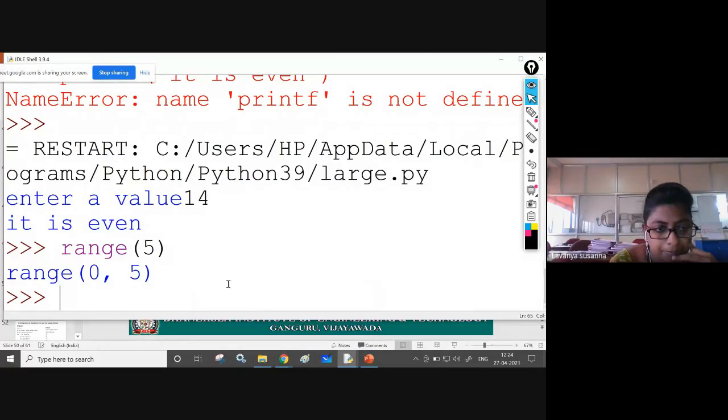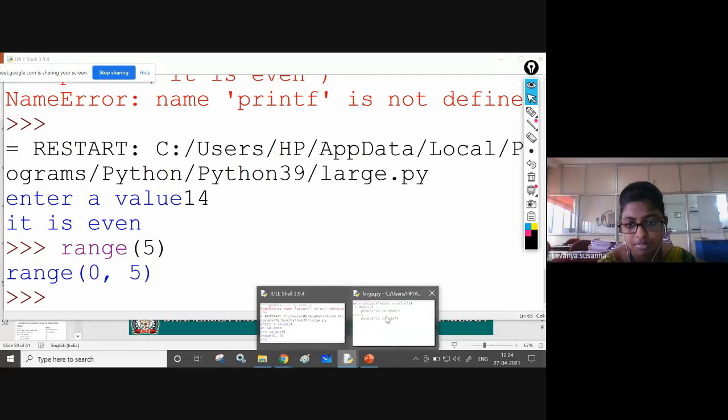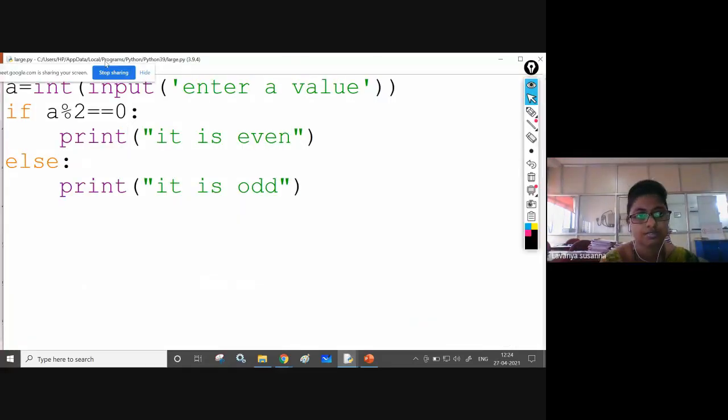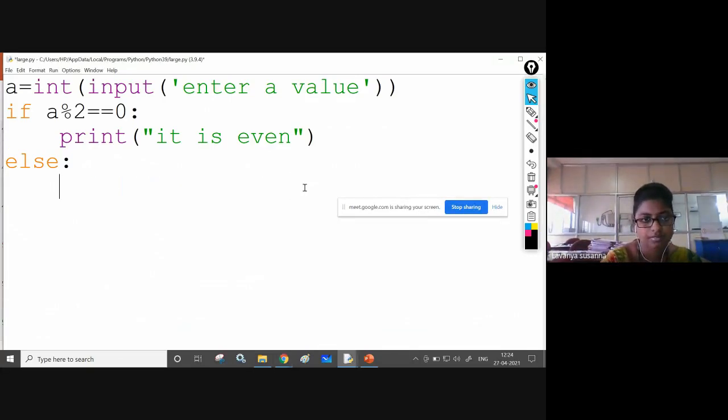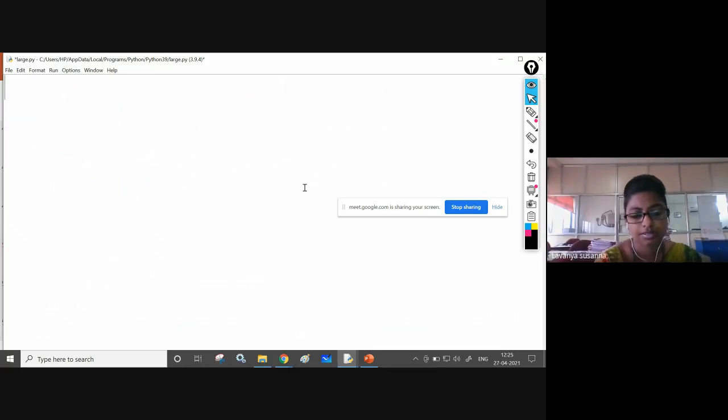One second. Just wait. See the for loop. For i in range of 5. I will execute and I will show you.